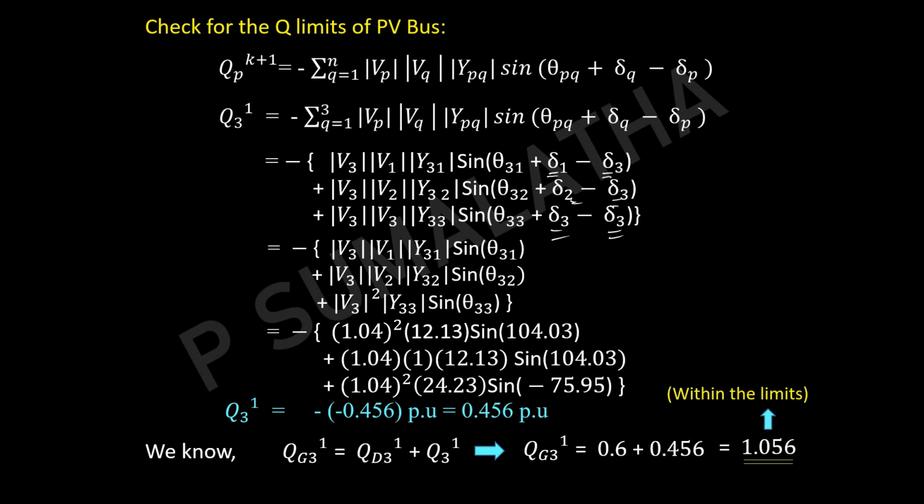Once you confirm that yes, it is a PV bus, then start the actual procedure. Okay, so now we have confirmed the given bus remains a PV bus. So now let us start with the actual content. We are going to calculate the delta P2 and delta P3. Solve the equation 1 for delta del 2 and delta del 3.